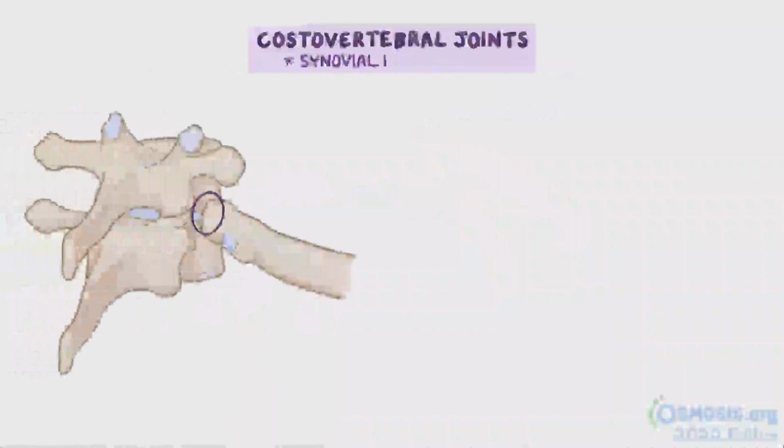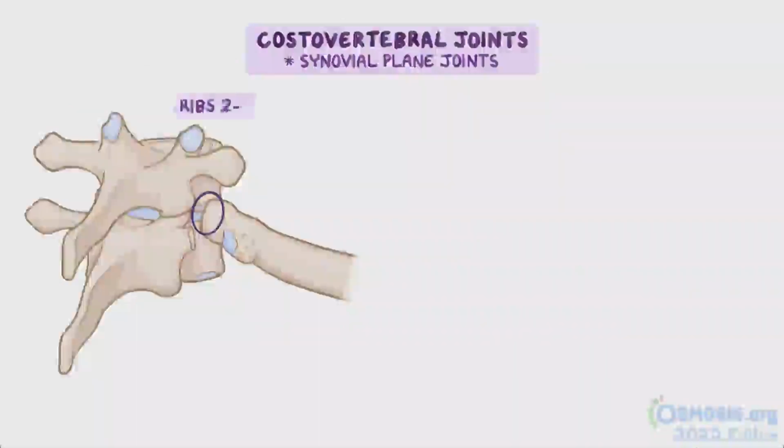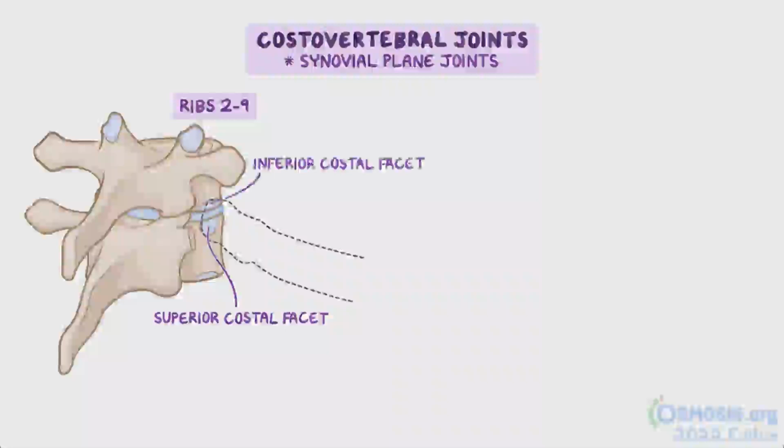Now, the head of each rib articulates with thoracic vertebrae via costovertebral joints, which are synovial plane joints. Regarding ribs 2 through 9, the head of each rib articulates with the superior costal facet of the vertebral body of the same number and with the inferior costal facet of the vertebral body above it and to the intervertebral disc between them. So, for example, the head of rib 4 articulates with the superior costal facet of the vertebral body of T4 and with the inferior costal facet of the vertebral body of T3 and with the intervertebral disc